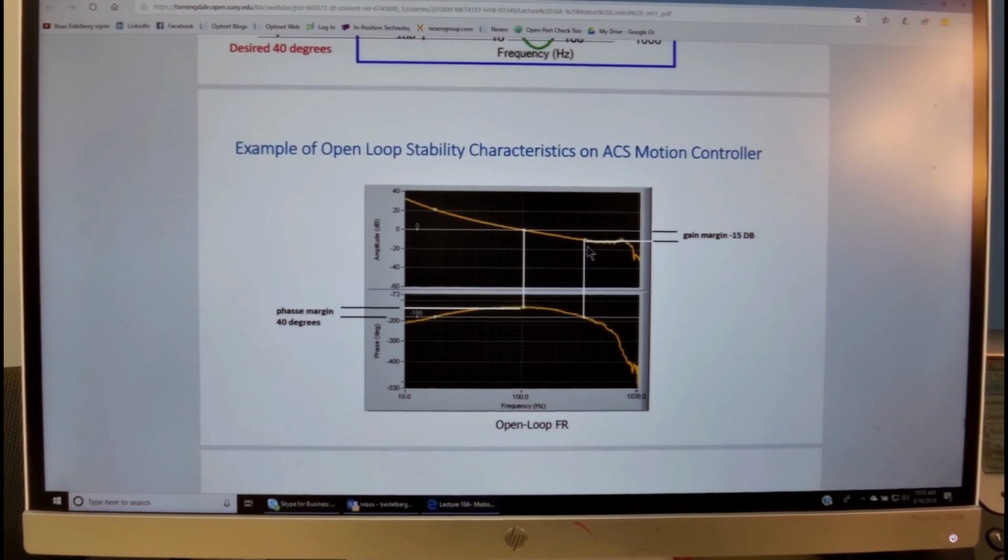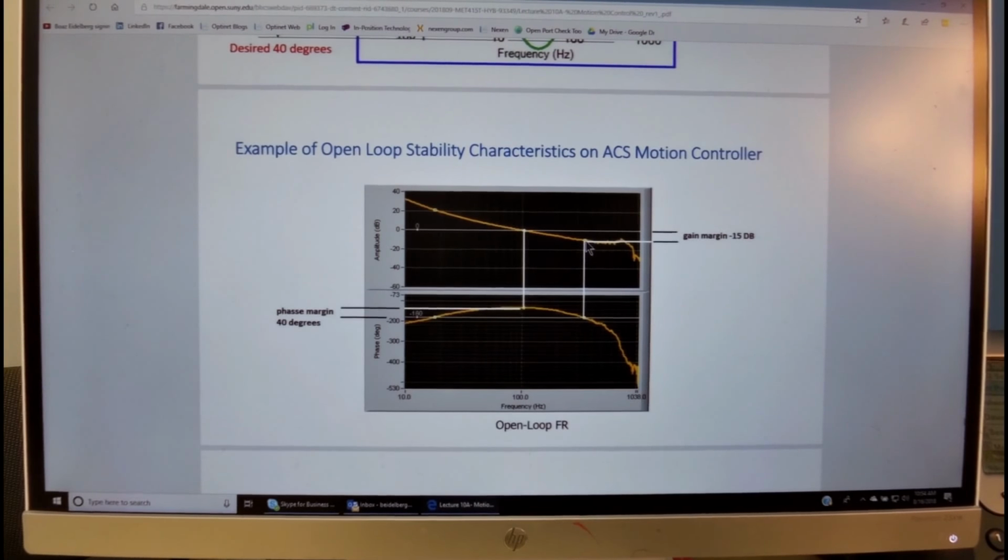The other criteria is the gain margin. If we look at the intersection of the phase curve on a Bode plot, on a frequency response, and the 180, and we raise the vertical line all the way to the gain chart, then the distance between the dB, the gain at this point of intersection, and the 0 dB is called the gain margin, and we want that to be negative.